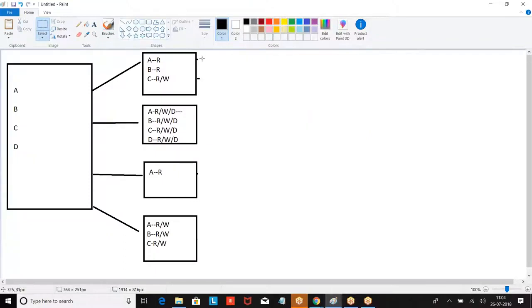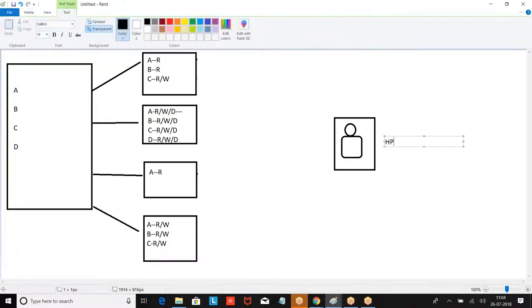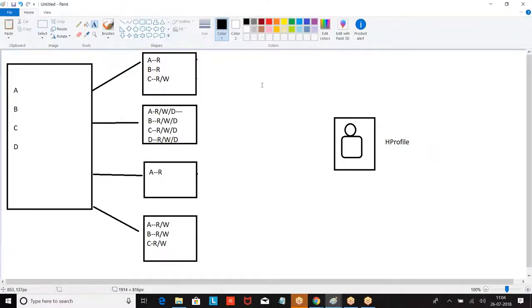Now let us take the next story. Look at the next story. Now we have a new profile. This is a husband profile. Let us see his story. Now, profile of husband. Generally, one profile, one page layout. That is common for everyone. But because he is a husband profile, he has extra access.